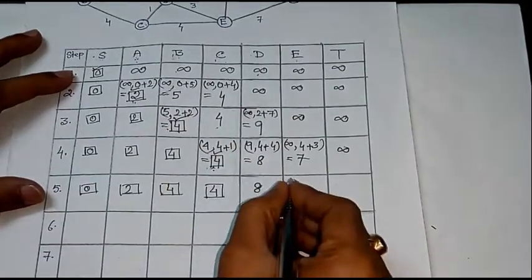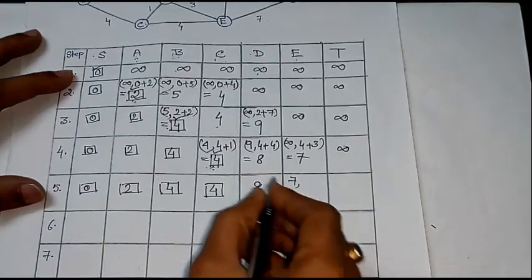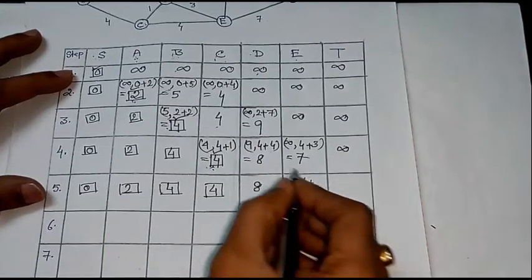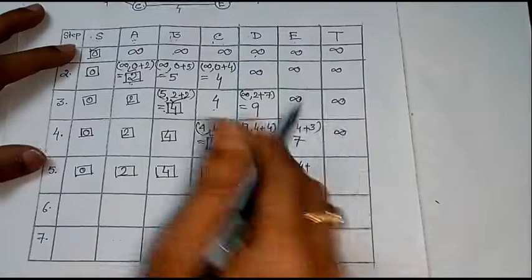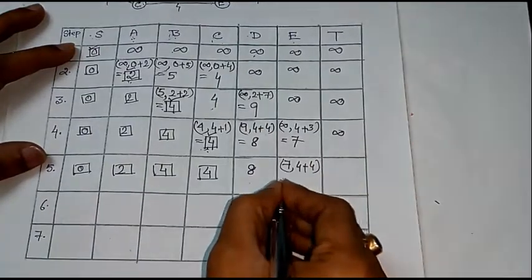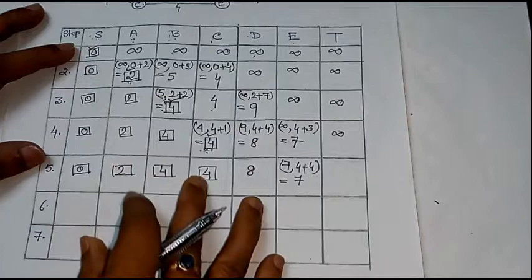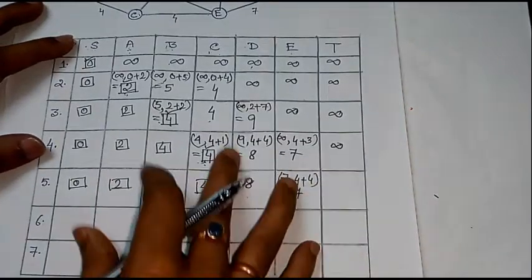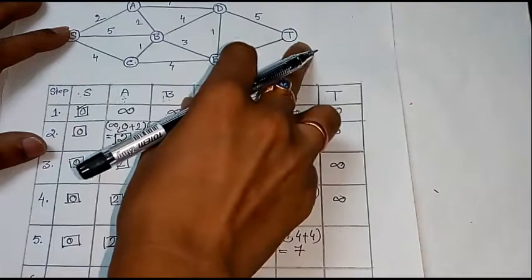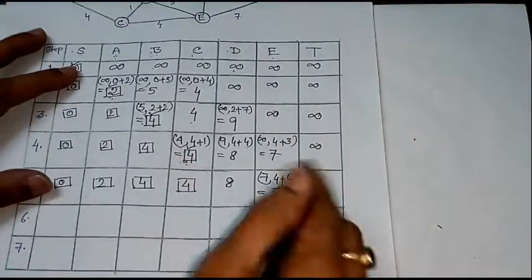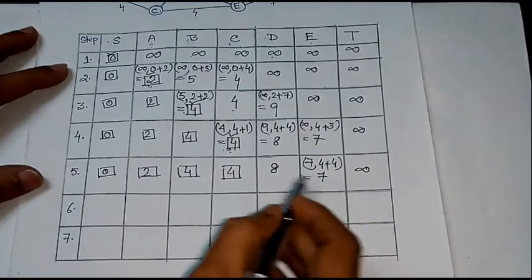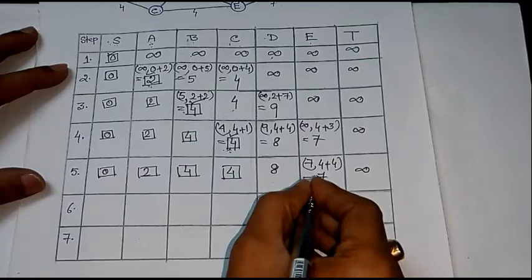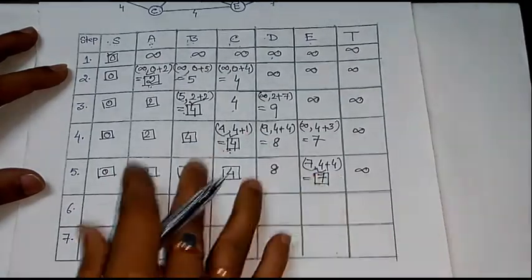Hence the rule is, put the previous value, that is 7, comma, permanent level of the previous step, that is 4, plus distance between C and E. And distance between C and E is 4. So it is 4. And the minimum of these two is 7. Finally T. Now we see that C and T are not adjacent to each other, so we may simply put the previous value of T, that is infinity. Now among these 3 values, 7 is the minimum, so this will be the permanent level of this step. So in this step, E will be leveled permanently by 7.